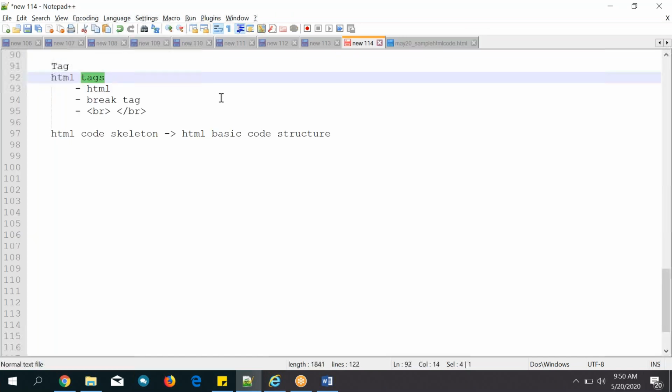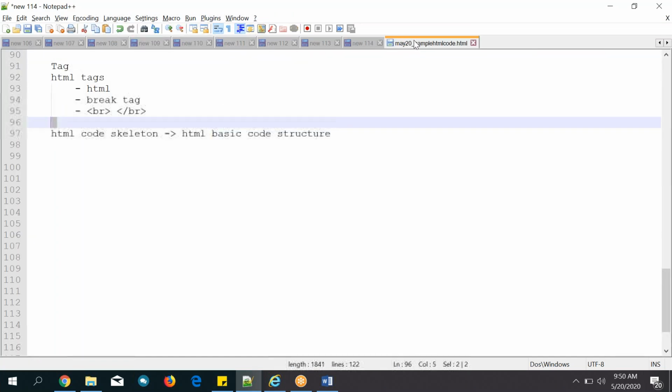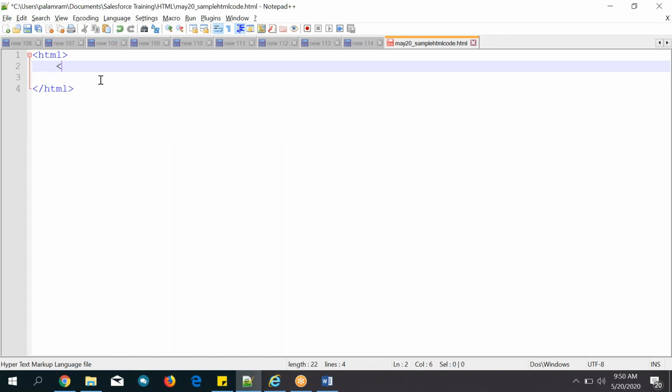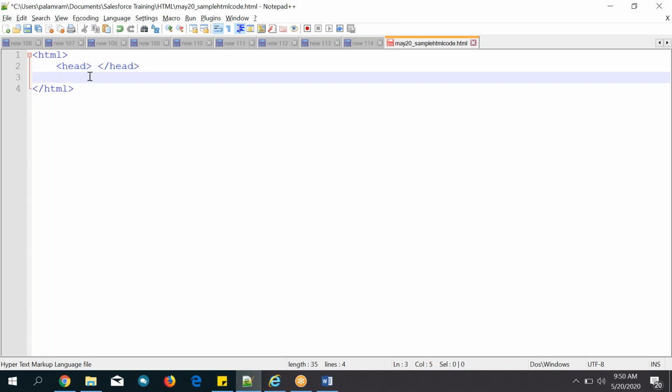Skeleton. Now we will see the skeleton code. Different tags I told, right? You need to write, open it and close it. So here put the head tag and close it simply. And next, put the body tag,